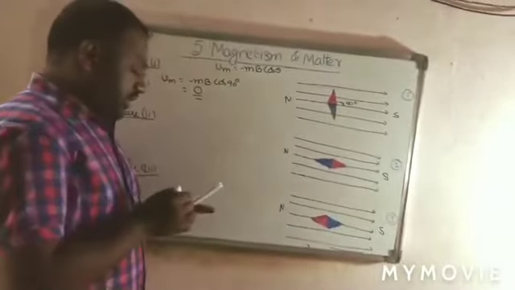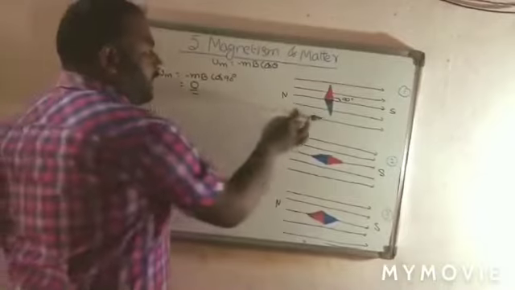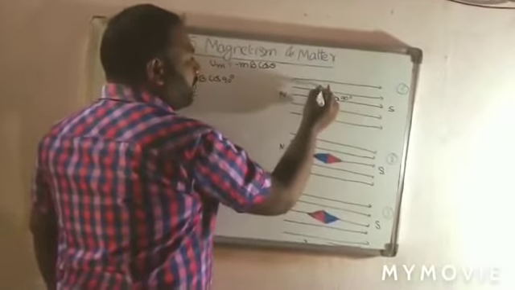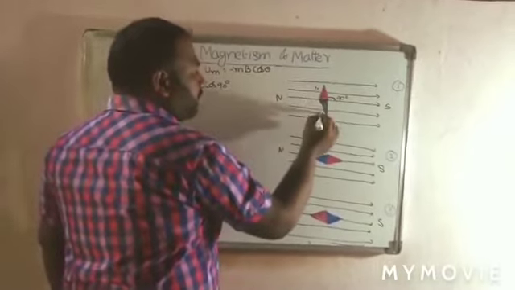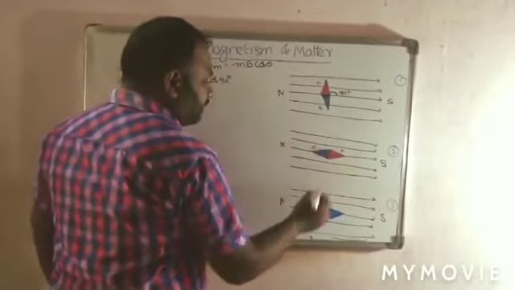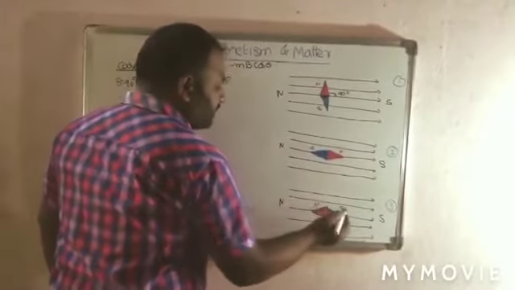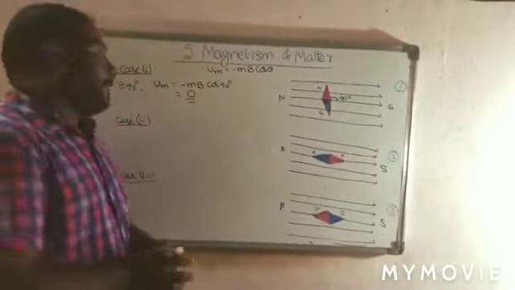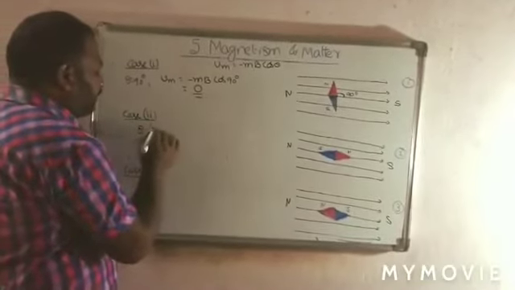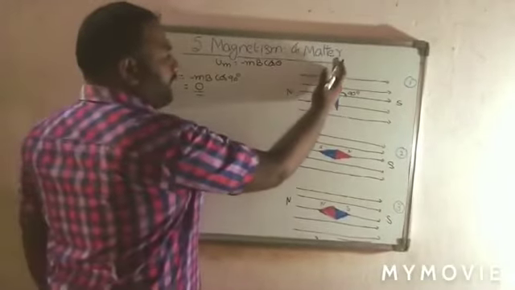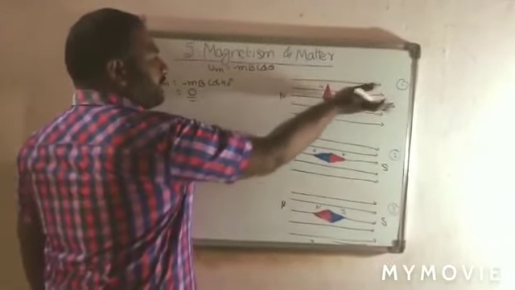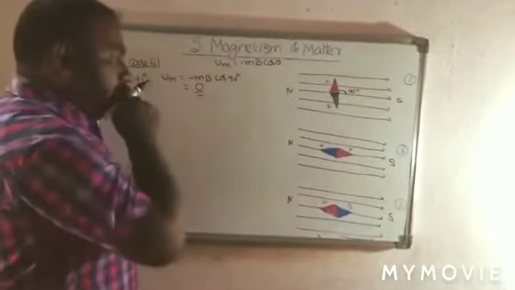That is 0. And you have to remember, external field lines are always from north pole to south pole, and red represents north pole and blue represents south pole. Here it is north, south. Here it is north and south. I can take right. Okay. Next, the second case is when theta equal to 0 degrees, which means it is making 0 degrees with the magnetic field.